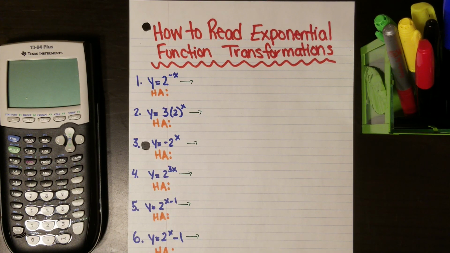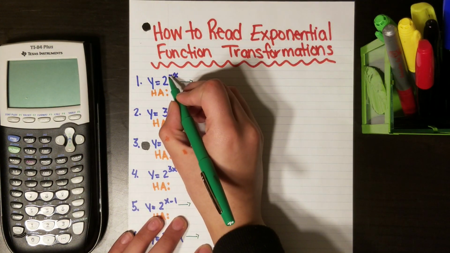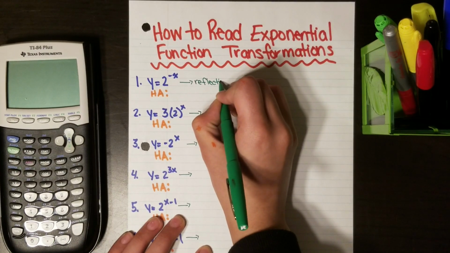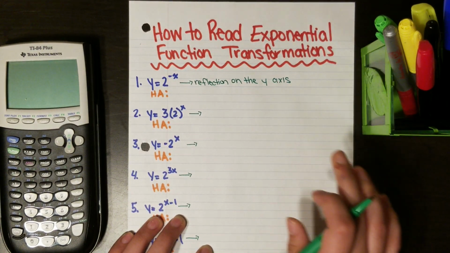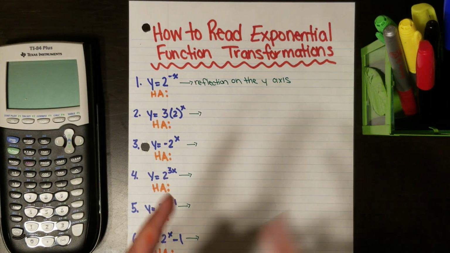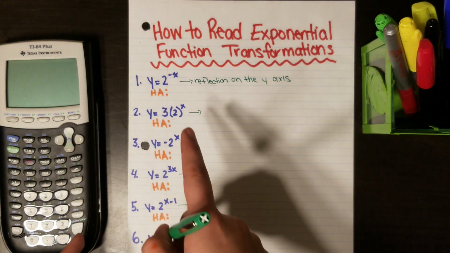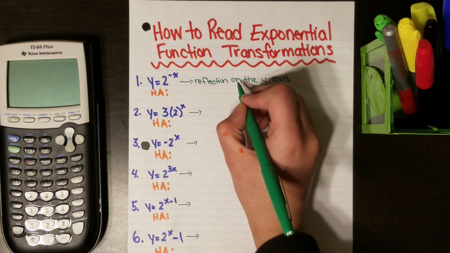So that negative is being applied to the x values. And whenever we apply a negative to an x value, that means there's a reflection on the y-axis. This should be a rule that you're familiar with, that when you're multiplying your x values by a negative, there is a reflection on the y-axis. Okay, it's the opposite. If you're multiplying your y values by a negative 1, there's a reflection on the x-axis. If you multiply your x values by a negative 1, there's a reflection on the y-axis. Or I should be saying